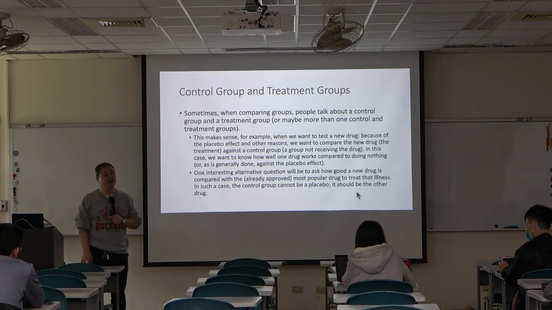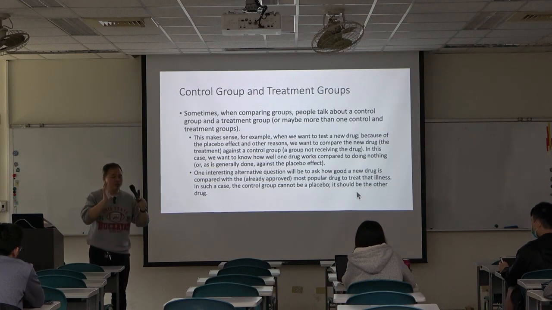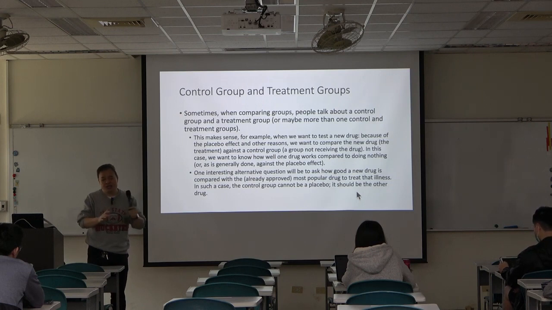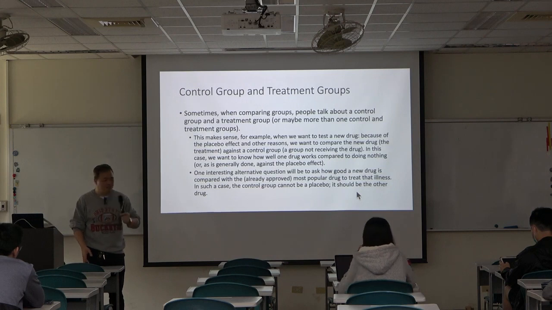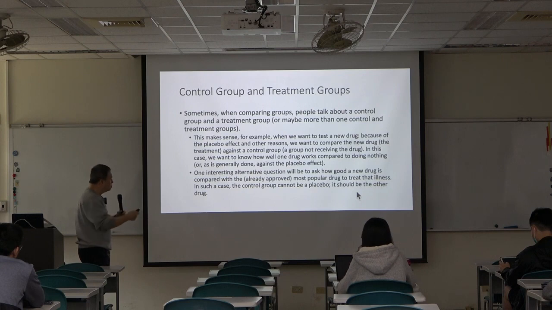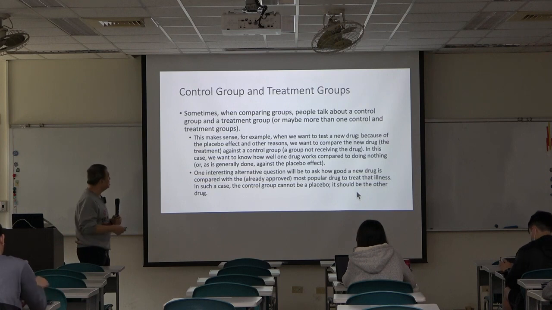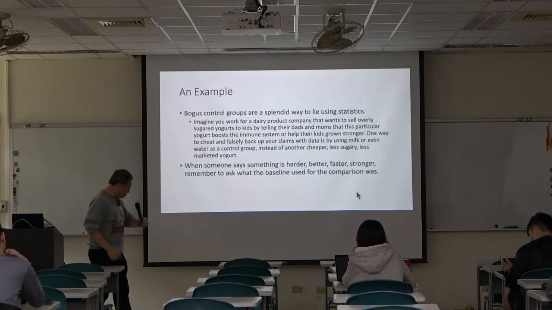Some problems may have a control group, in the sense that the control group basically tries to do nothing, and in the treatment group you put in the factor that you want to evaluate. But in some other situations, there's no control group. Basically, every group will have a different treatment. So as an example,